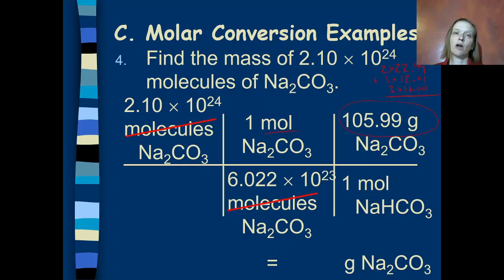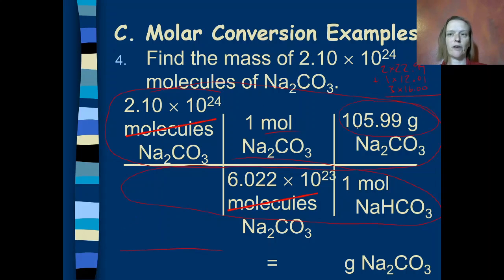This is starting to get more complicated in terms of the math. I now have a number times 2 fractions here. I recommend multiplying all the numbers that are up top, multiplying all the numbers that are down below, and then doing one large division problem. So, doing this top multiplication problem, I'm going to do 2.10